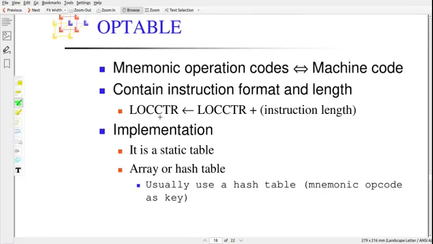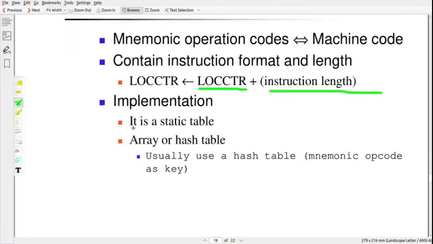The location counter value is incremented by location counter plus the instruction length of the current instruction. So from the OpTab we can refer to the corresponding operation code, and we will get its machine code plus the instruction format and the length of the instruction.